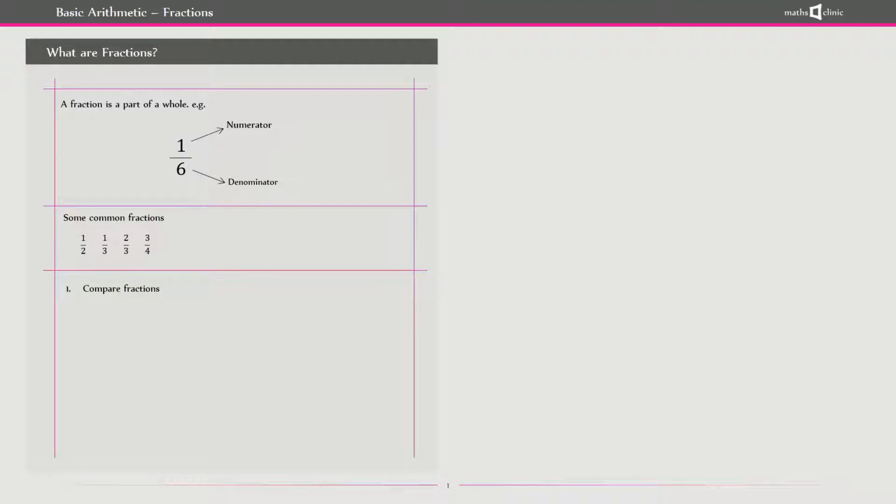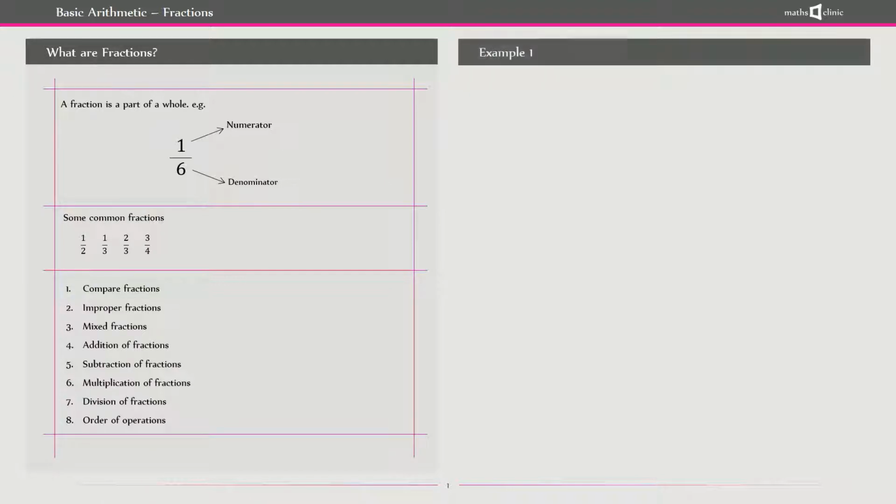So we learn to compare fractions, and then we learn about improper fractions, okay, and we learn about mixed fractions. We learn to add fractions, we learn to subtract fractions, we learn to multiply fractions, we learn to divide fractions, and finally we learn the order of operations. Okay,